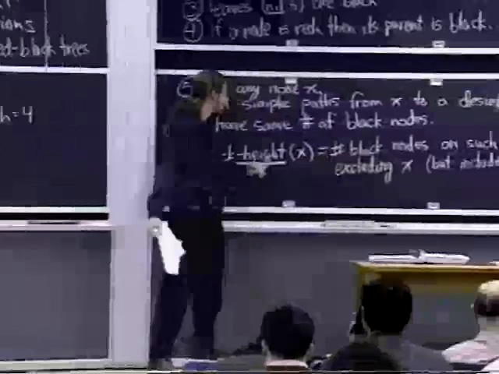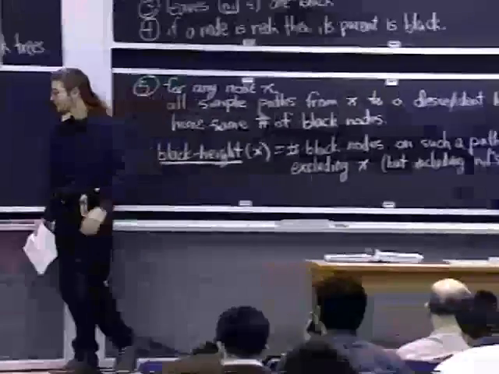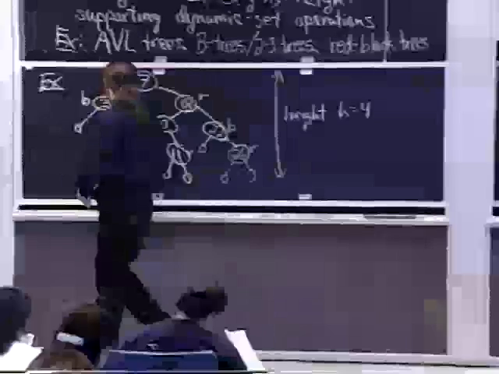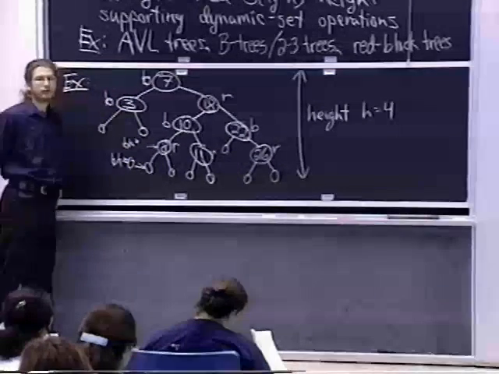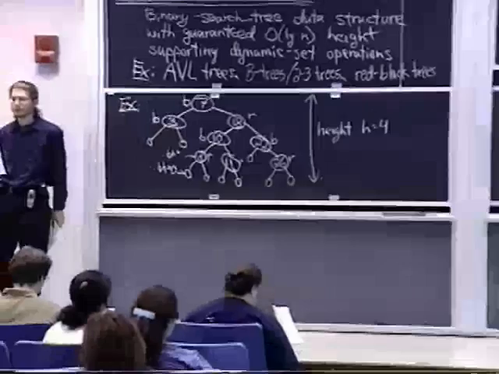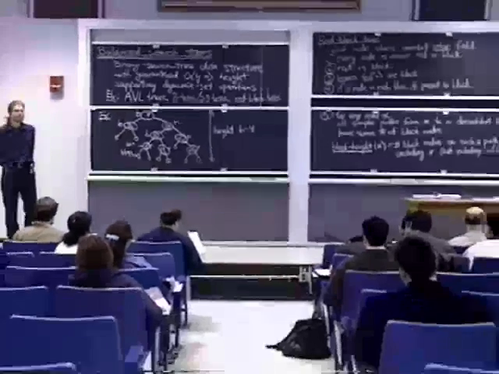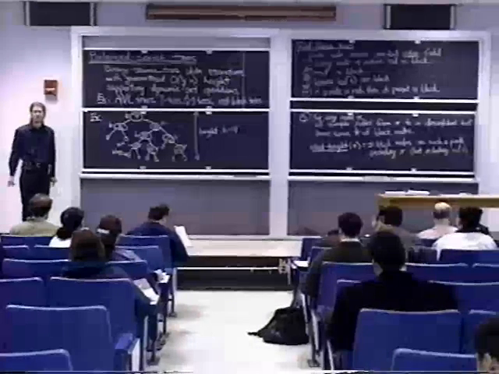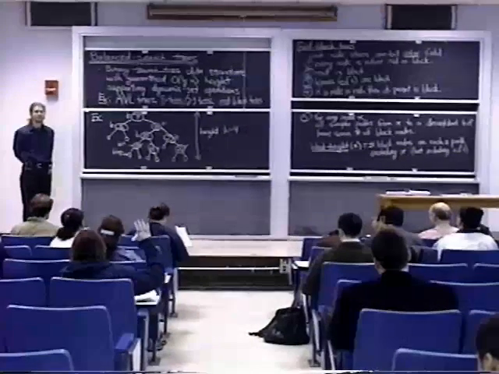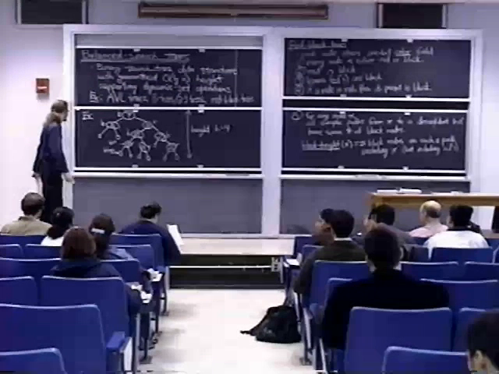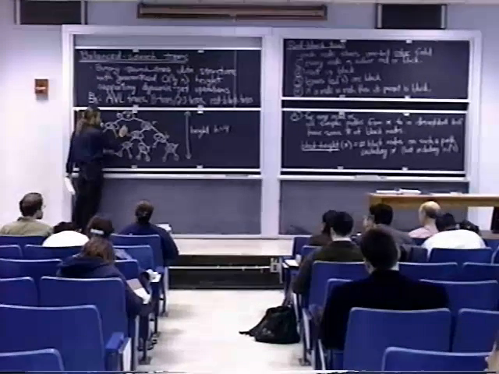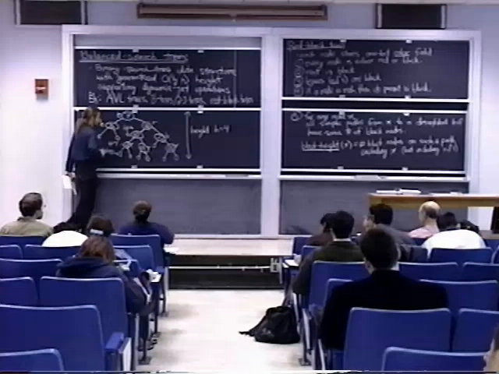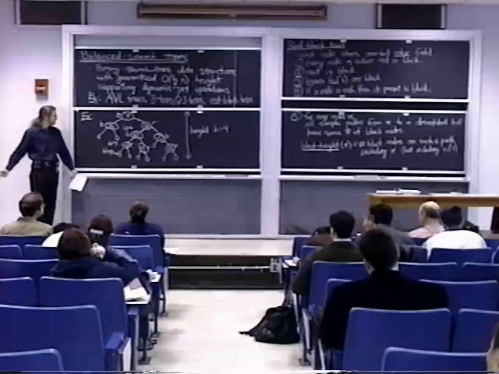So the black height of a leaf is 0. The black height of this node is, it's too easy. Raise your hands. Yeah, 1. Right, because this node is black. Good. Black height of this node, running out of space, but is,